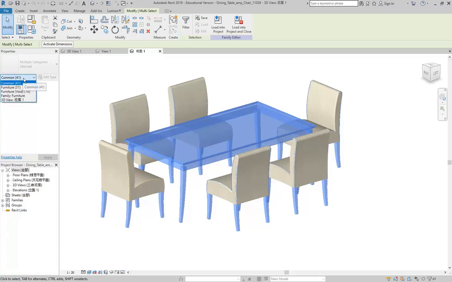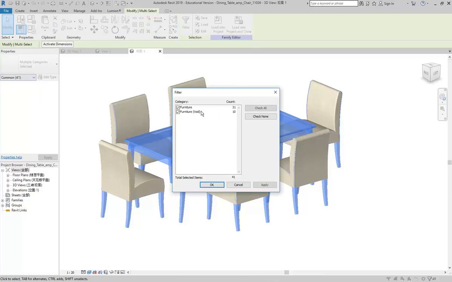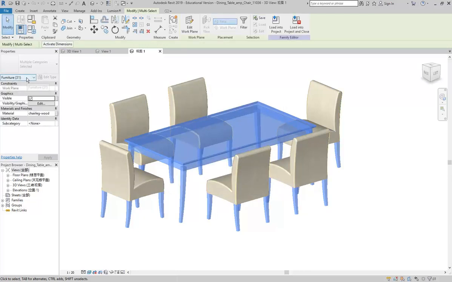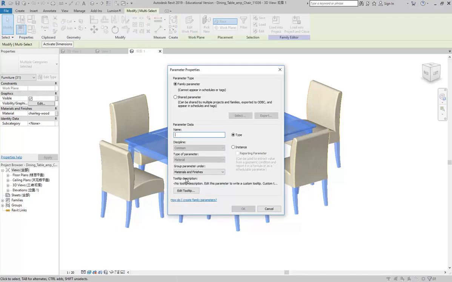So there's a couple of options. You can either click on filter, and you can see there that I've actually picked up some voids. I don't want those, so I'm just going to turn that off. You can also check in the little drop-down list there that you saw me click on, and then again see what things you've got selected. So now you can see, because I've just come back to have the solid things selected, the extrusions and the other things that have been made for these legs and the table, I can click there, associate family parameter, new,